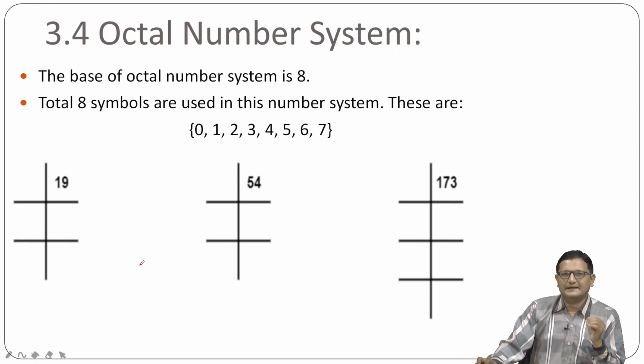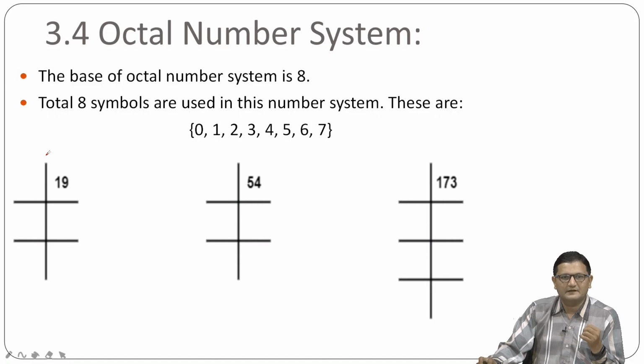The same approach you need to apply over here. Suppose any decimal number is given to you, and if you want to convert it into octal, what you need to do is divide that number by 8, and every time note down the remainder. Finally, when the number turns to 0, at that time all the remainders you just need to write down in the reverse order. Okay. Now let us assume,